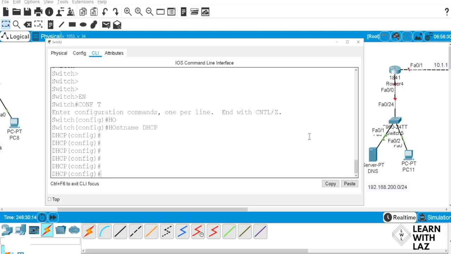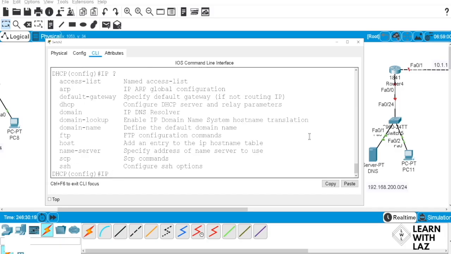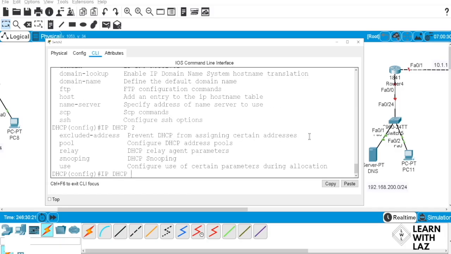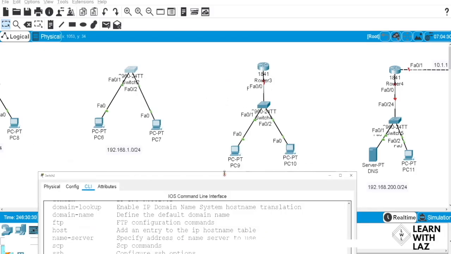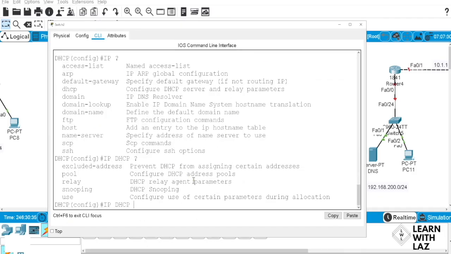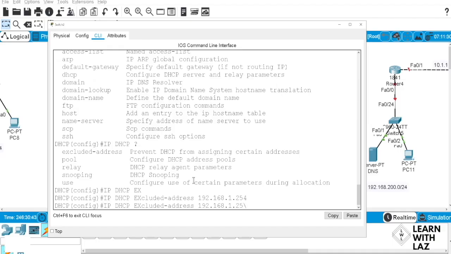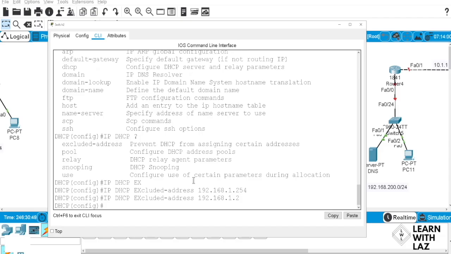So where do we do this DHCP? Oh, we can just do it in global configuration. Awesome. IP DHCP, we do the same thing. Excluded addresses, pool. What network are we working on here? The 1.0 network. So let's do the excluded addresses first. Excluded addresses are 192.168.1.254, and then we'll do the DNS server as 2. Those addresses are excluded from being assigned. One's the gateway, one's the DNS server.